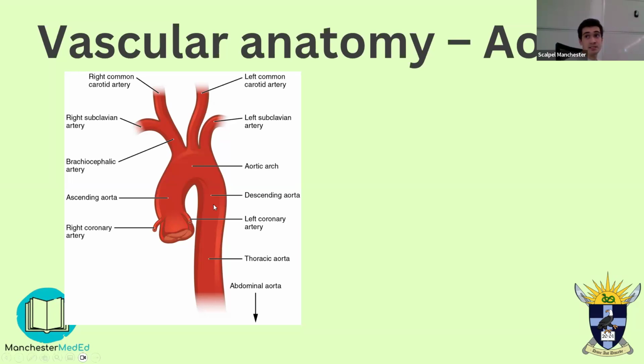Then you get the descending aorta. There are no major branches of the descending aorta, but what often gets missed from diagrams, and what you can't see here, is that at every rib level, right the way from T1 down to T12, you have intercostal arteries branching off. These aren't majorly important in day-to-day life, but sometimes if you have acute aortic pathology, these get implicated, so you end up with neurovascular symptoms in dermatomes underneath the ribs